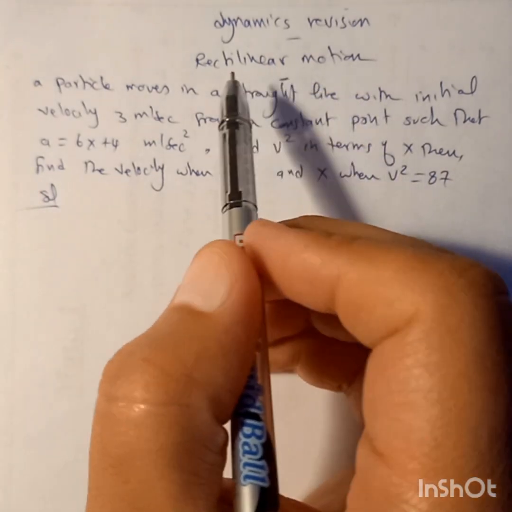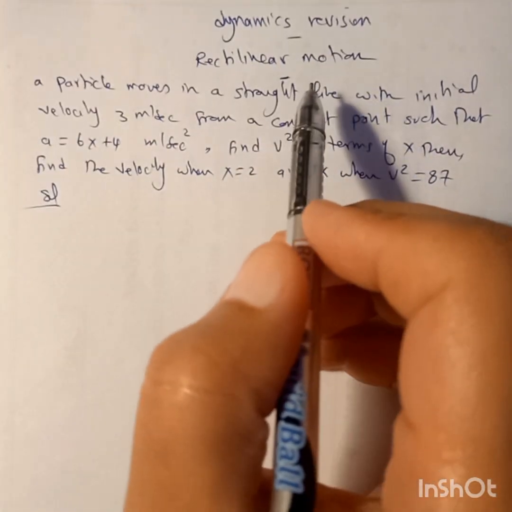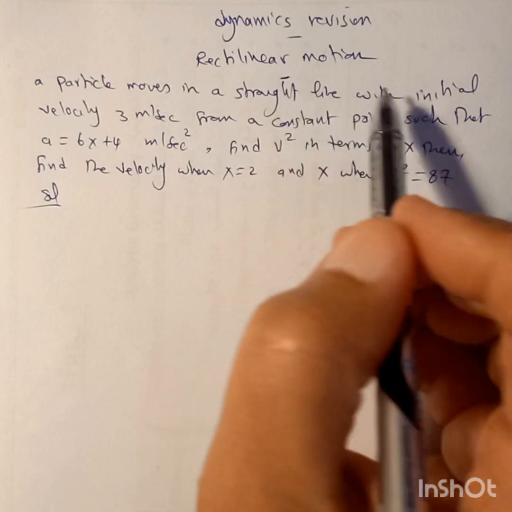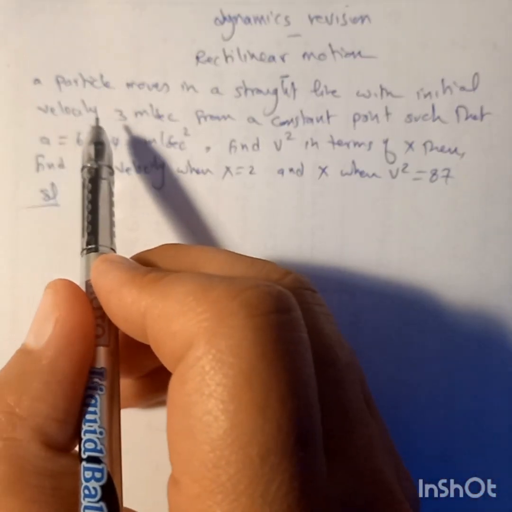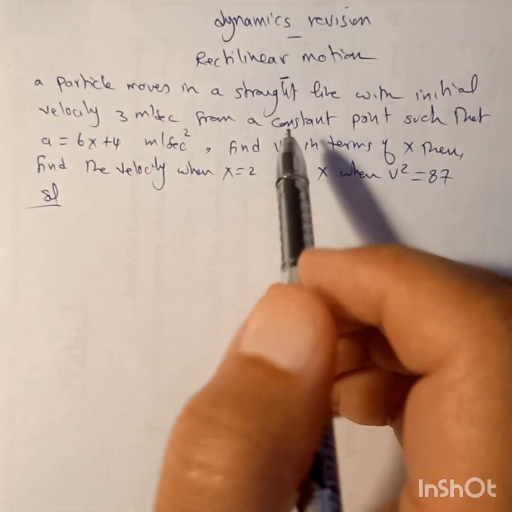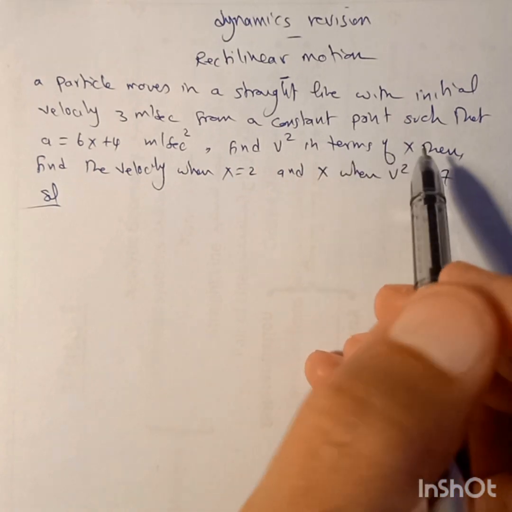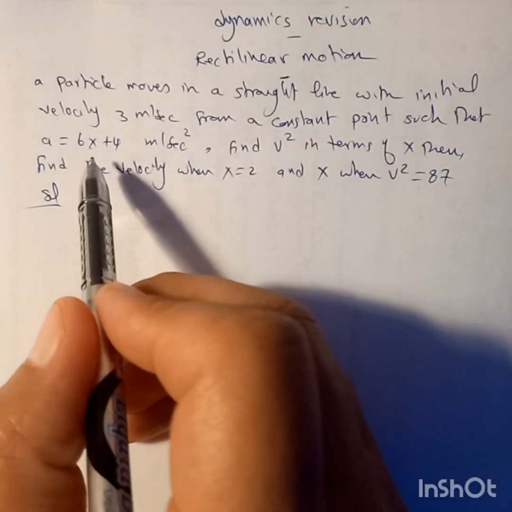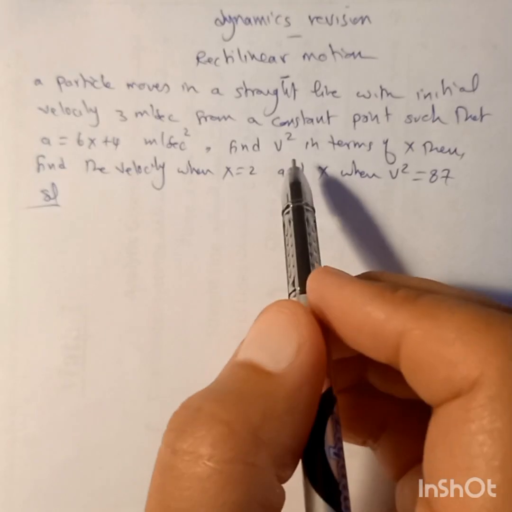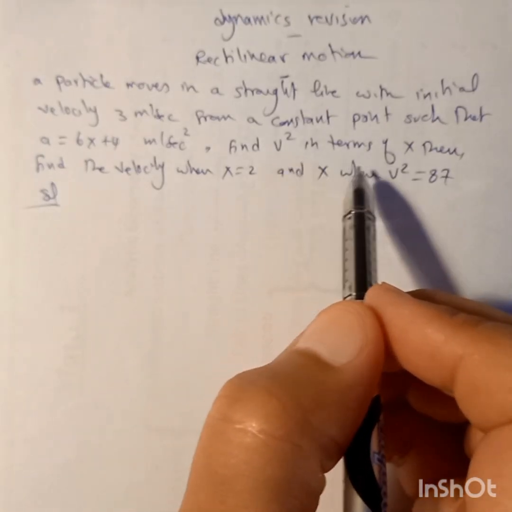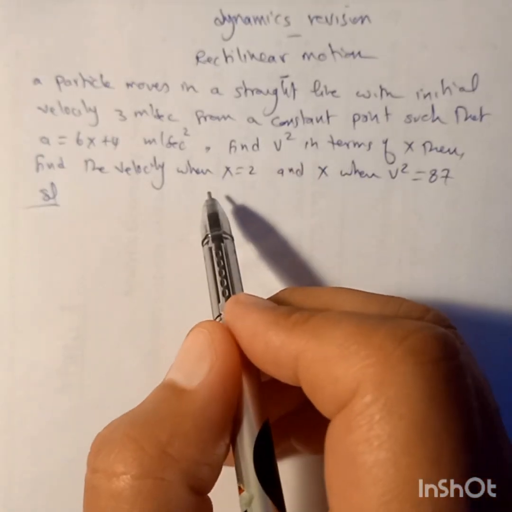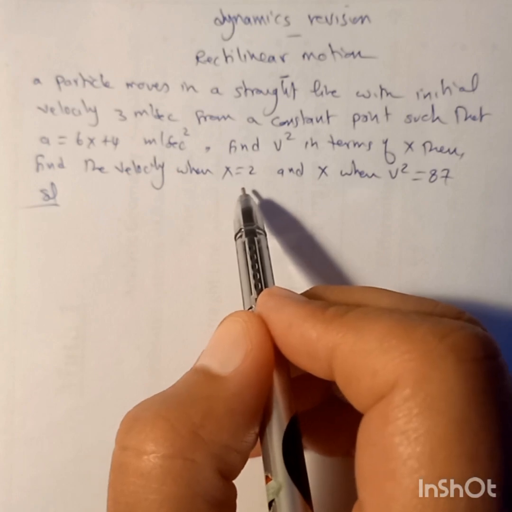We are going to complete our examples of dynamics revisions, rectilinear motion. We have an example here. A particle moves in a straight line with initial velocity 3 meters per second from a fixed point such that acceleration equals 6x plus 4 meters per second squared. Find v squared in terms of x, and then find the velocity when x equals 2 and x when v